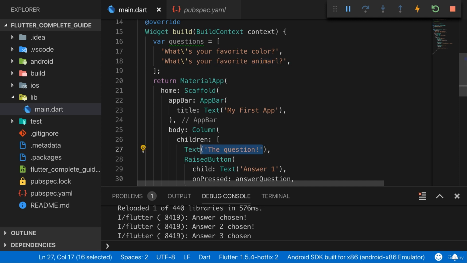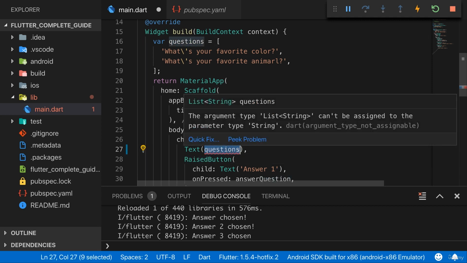Now for that, let's first of all start by outputting the first element. So I don't want to hard code my question down there into this text widget, but instead I want to use the first element of my questions list. To do that, we first of all have to refer to questions. Questions is the name of the variable. By adding it here. But now questions is a list of strings, and I only want to take the first